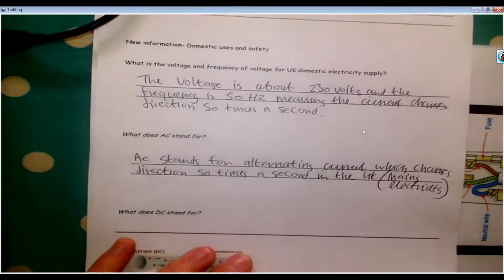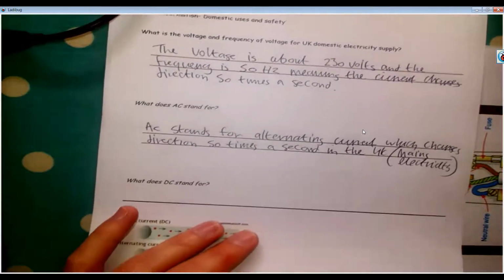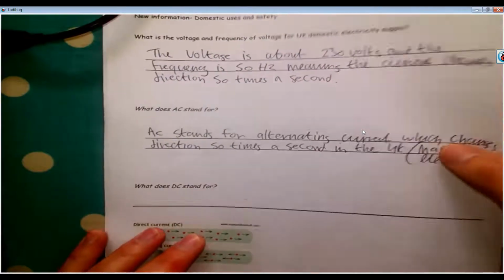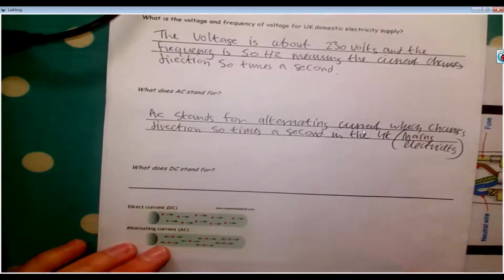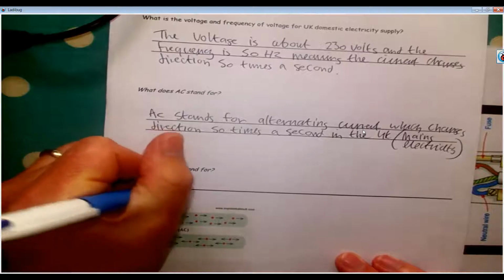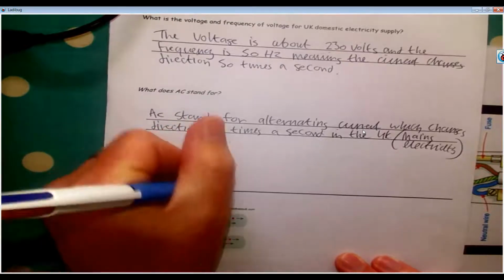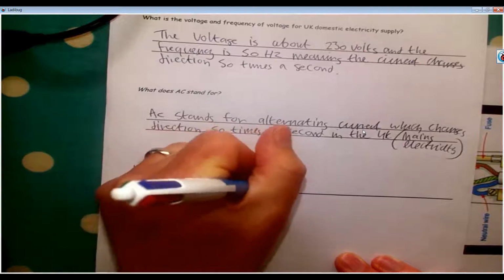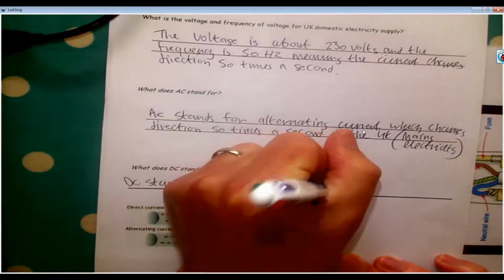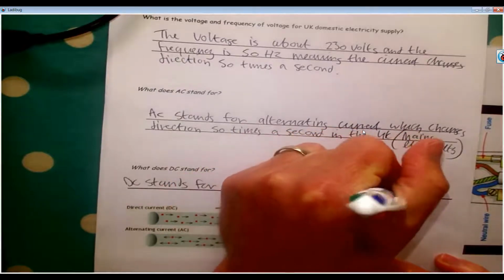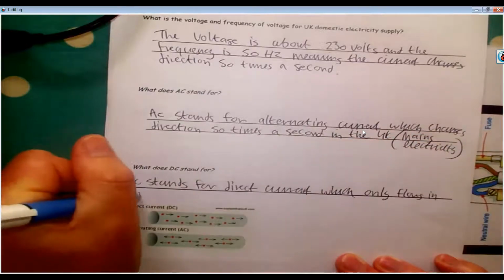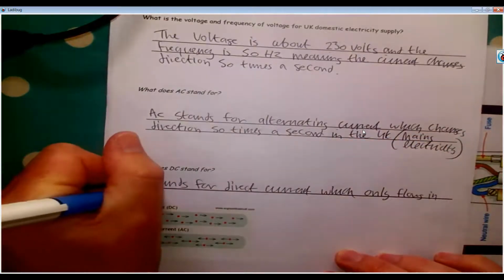So last piece of information here for this particular page. What does DC stand for? DC stands for direct current, which only flows in one direction,